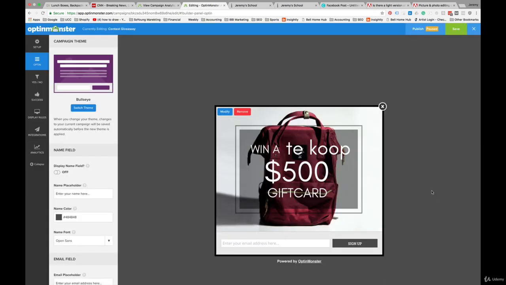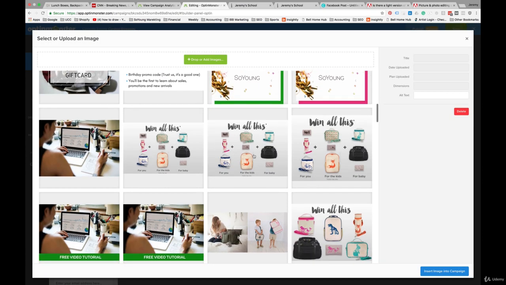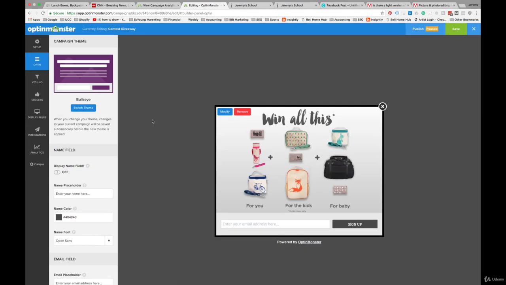So that's just a simple statement there with a single product, gift card, rather than a specific set of products. Let's go back to this one. Now, in terms of the size and the proportions of the image, it's going to depend on the theme that you choose in Opt-in Monster, but I would recommend something around 800 by 600 if you're doing this full graphic,